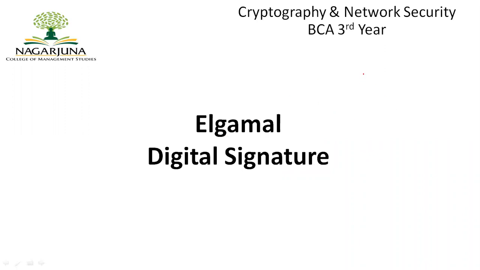The first stage is key generation. The second one is the signing operation. And the third one is verification. Before we move on to all these steps and how we perform them, we have a pictorial diagram to represent all these steps. Once we look into that pictorial diagram, you will be able to clearly understand how this is going to work.